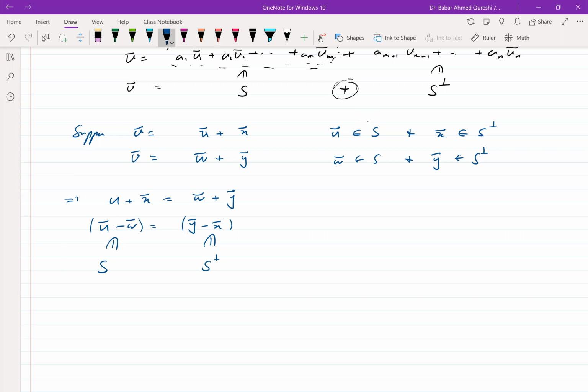So this vector, which can be expressed as both of them, which is also written as Y minus X, belongs to both S and S complement. But we just proved that that is only possible if the only thing they have in common is the zero vector. So that means U is W and Y is X,